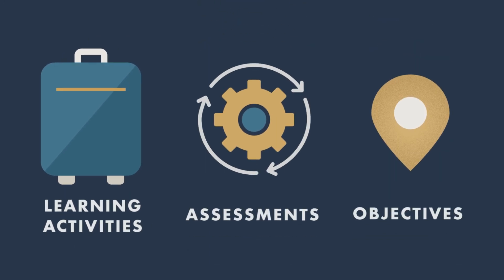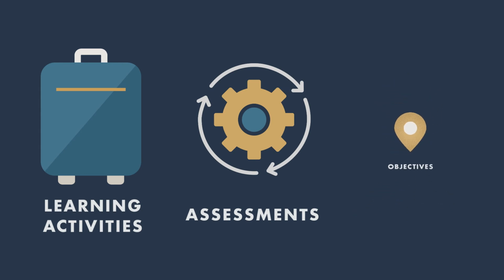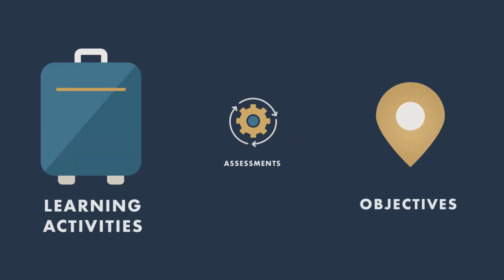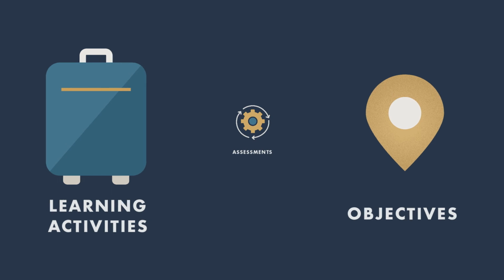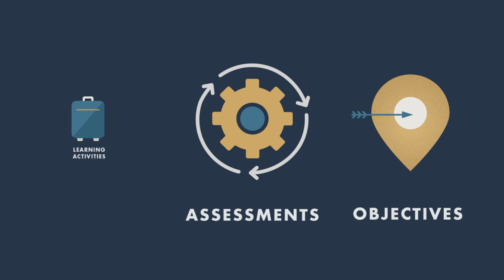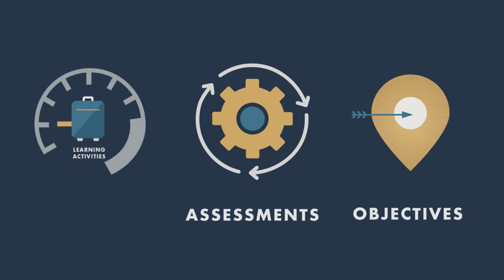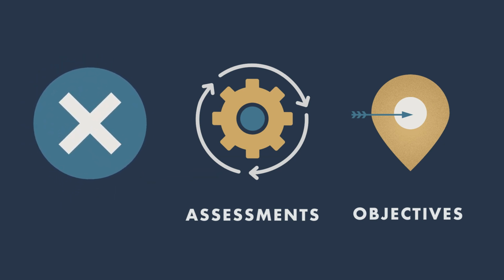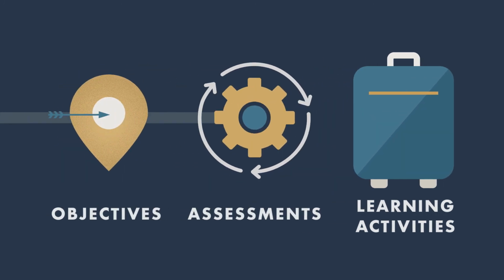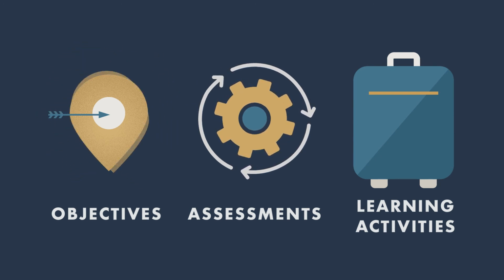Now, you need all 3 elements for this process to work. If you don't have explicit objectives, your assessments and your learning activities, they may be enjoyable, but they will lack an obvious purpose. Without assessments, how will you know if your learning activities prepared your learners to reach and possibly reach beyond your objectives? And without learning activities, well, you miss the opportunity to help your learners practice their skills and are functionally setting them up to fail. These 3 elements are connected and continually interacting with each other. While I've presented them to be fairly linear, in practice, there are always revisions along the way, especially with objectives.